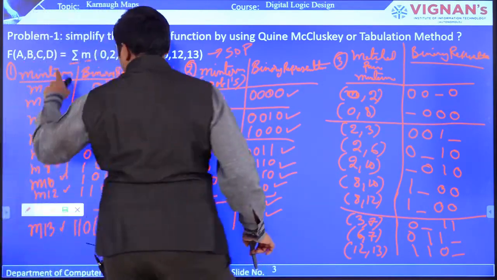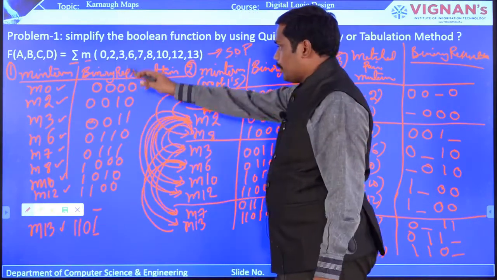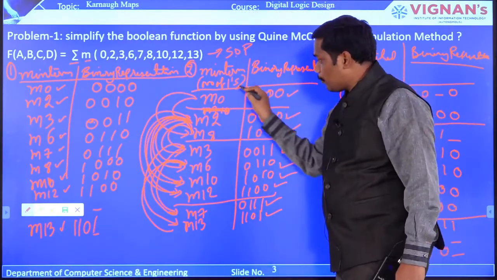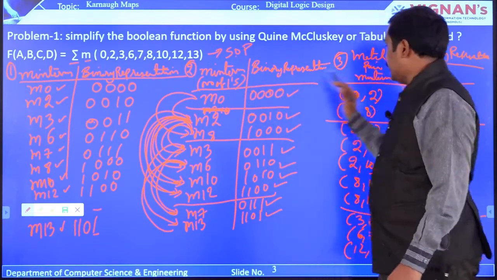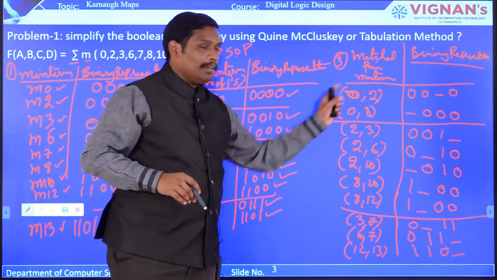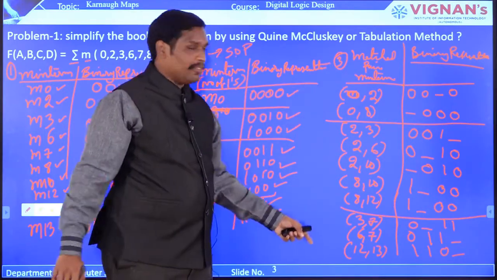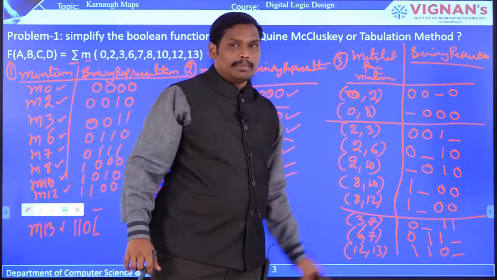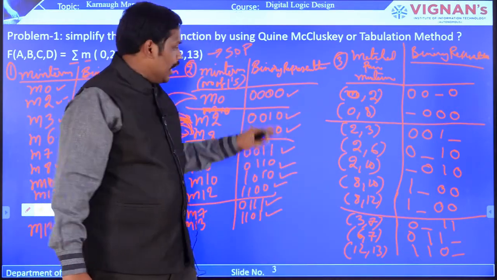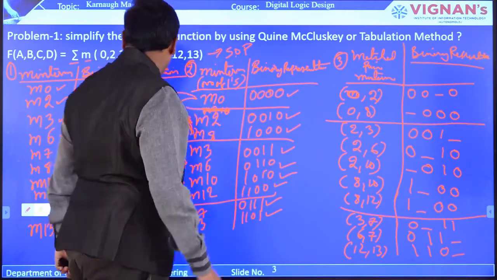The first table is the minterms that you are going to write down, with a binary representation, considering the number of ones in ascending order. And then in the third table that you are going to generate, you find the matched pair minterms, and the matched pair minterms can be represented in this particular binary representation. So these are the 3 steps that you have generated, and from that you are going to generate a fourth one.